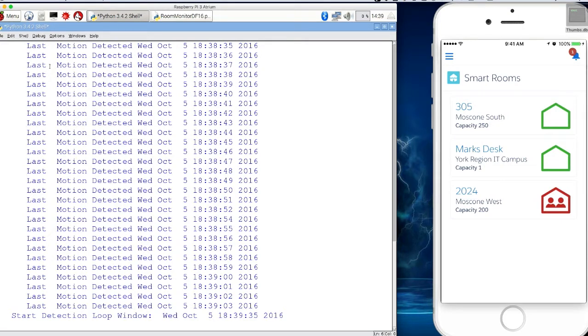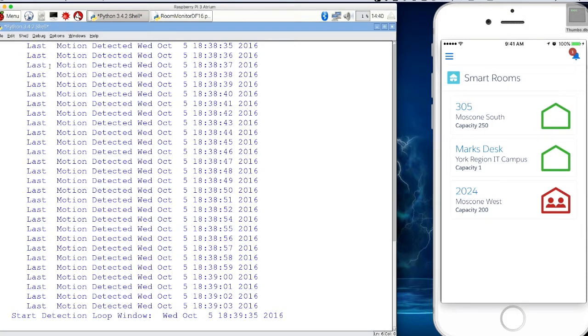And Larry has covered our sensor with a towel to try to simulate our room becoming vacant. It's now going through its next detection loop to determine the vacancy. So for our next stage, we want to identify the room as being vacant. To do that, this 60-second loop keeps running over and over, and at the end of that loop, we want to see that there's been no activity happening.